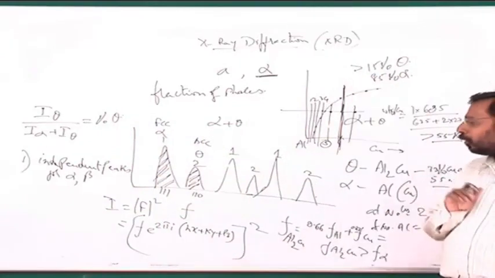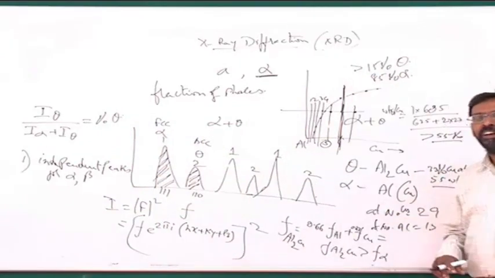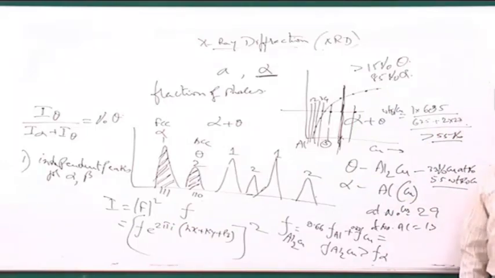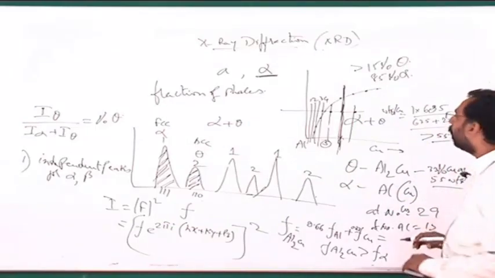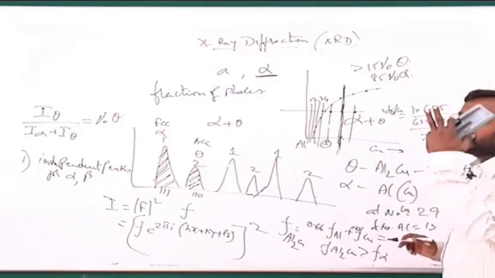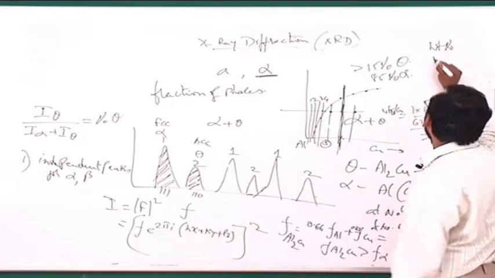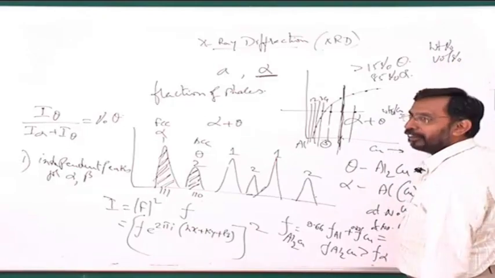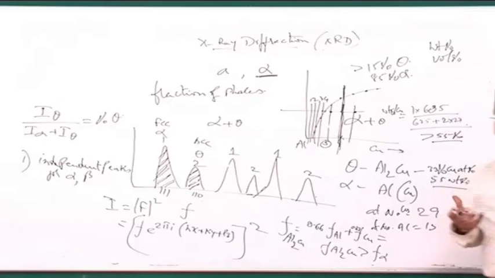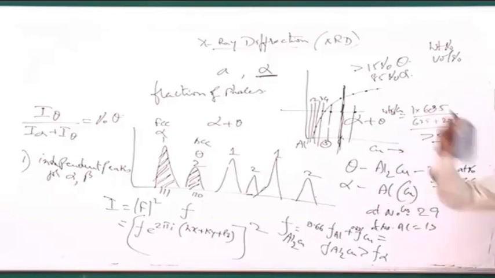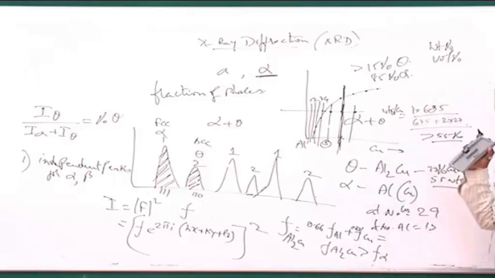You have to remember one more thing: in all these percentages, we should find out what percentage we are talking about. Whenever I say percentage in terms of phases, there are three types of percentages one can talk about. What is called weight percent of the phase, volume percent of the phase. Whenever you are talking of a phase, we don't talk of atomic percent of the phase. You talk of atomic percent only for the composition of an alloy, the composition of a phase. But when you are talking of a two-phase mixture or a three-phase mixture, you either talk about volume percent or weight percent.